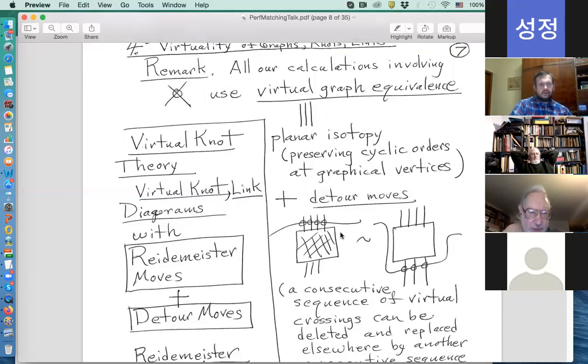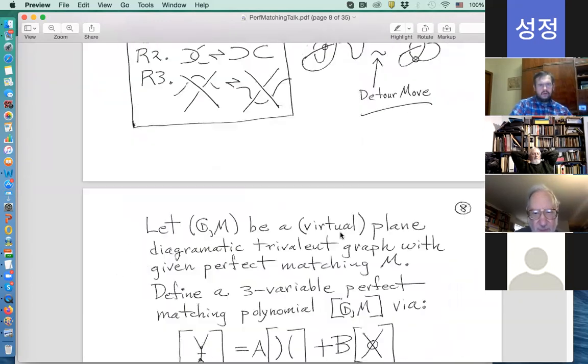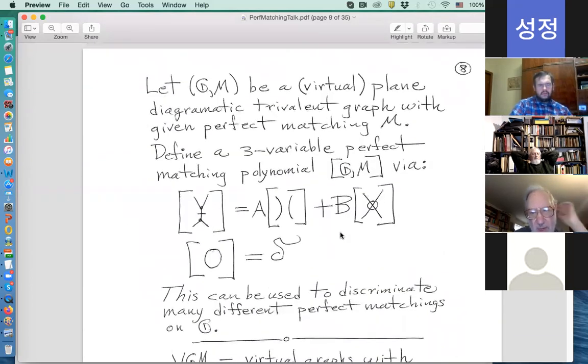And this notion of detour moves is available for any graphs category where you have some virtual crossing. So we can talk about virtual trivalent graphs if we want to in the same breath, with Reidemeister moves and detour moves. And now,